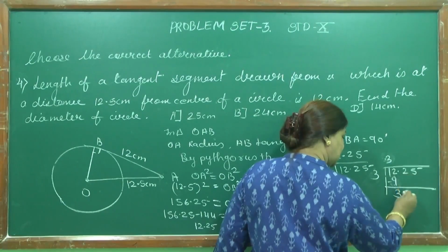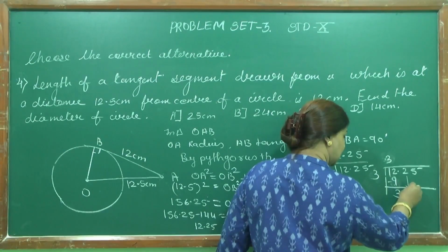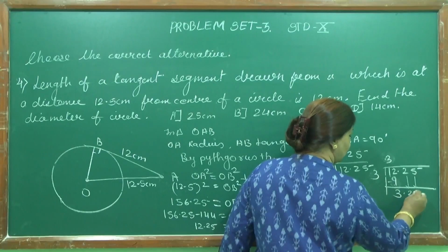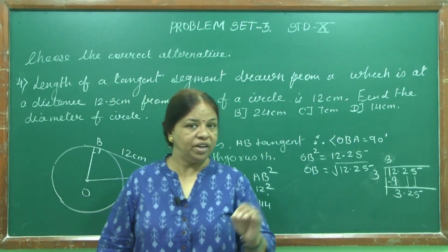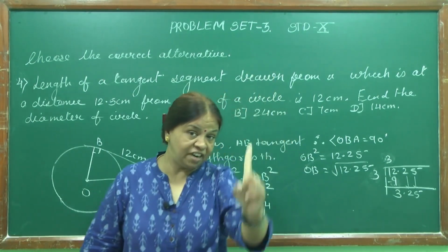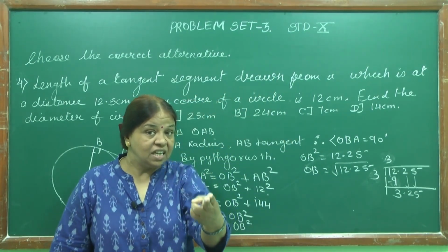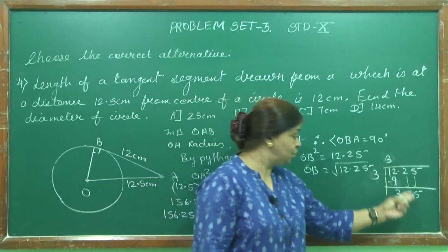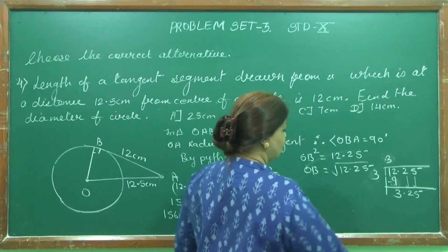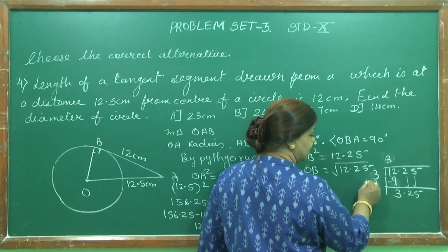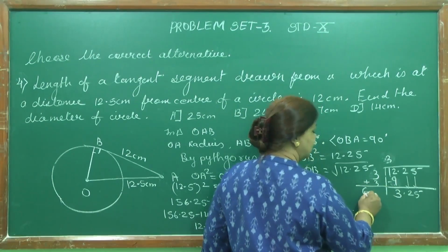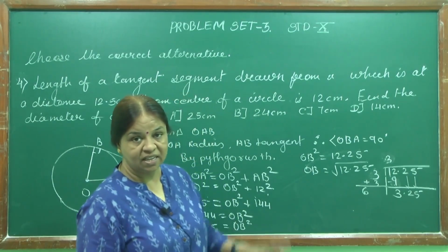Now when you are bringing down, you have to bring down both the numbers, because you are doing the long division method. In ordinary simple division you have to bring down only one digit, but in the long division method you have to bring down two digits. So when you multiplied by 3, you must also add 3 here. What number are you getting? 6. 3 plus 3, 6.